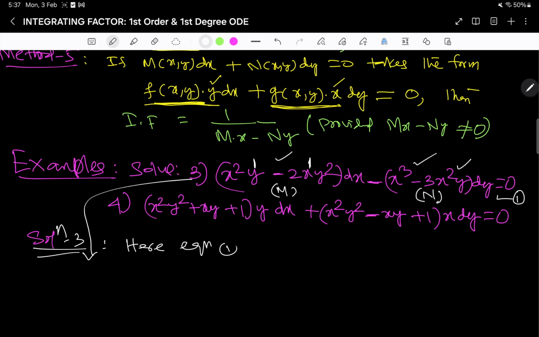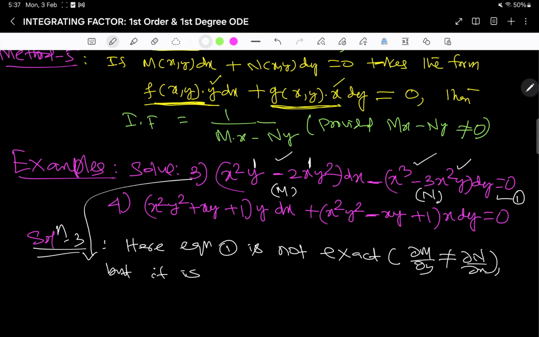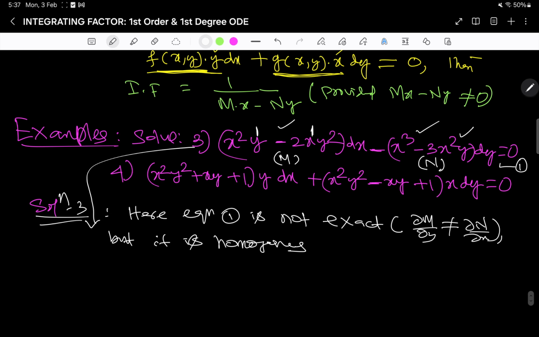Solution here. Equation 1 is not exact. You can check it. Not exact. You can check: del m by del y is not equal to del n by del x. But it is homogeneous. So you can proceed by the homogeneous technique. But once we see it is homogeneous, thus